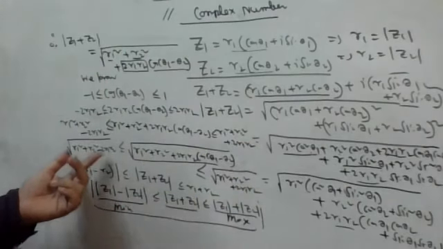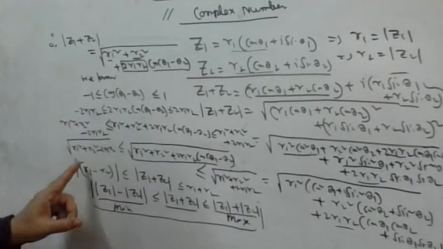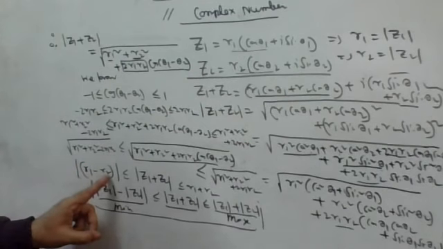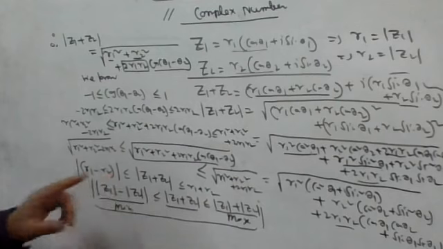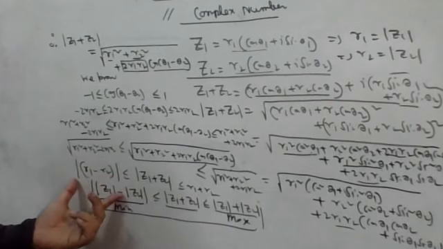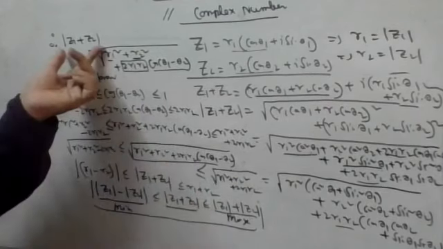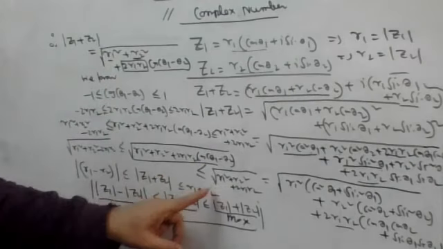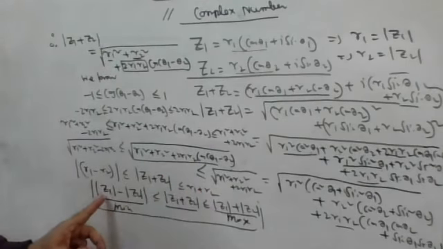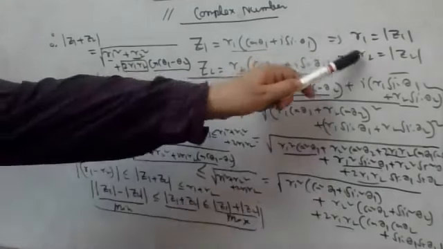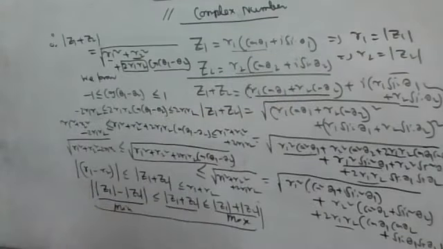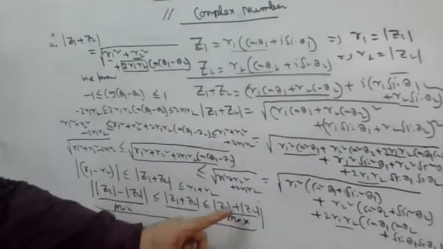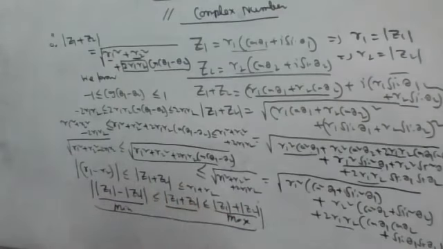That will give you root of (R1 minus R2) whole square. That means it will be either R1 minus R2 or R2 minus R1. To avoid that confusion, put a mod square. This is nothing but mod Z1 plus Z2, and this is R1 plus R2. Instead of R1, put mod Z1 because you got that result earlier. Instead of R2, put mod Z2. So mod Z1 plus mod Z2 has maximum values, minimum values. Okay, hope you understand. I'm rubbing this part.